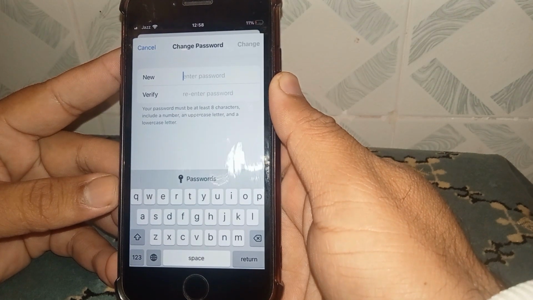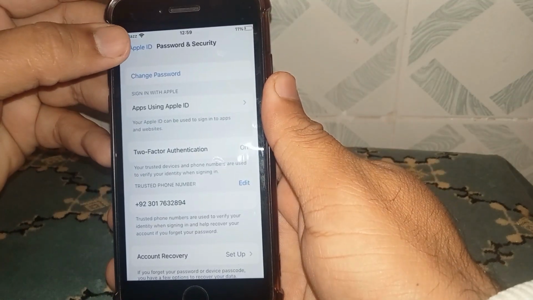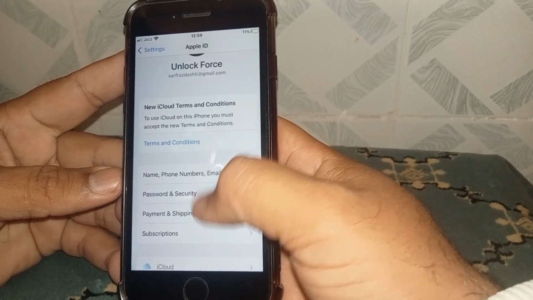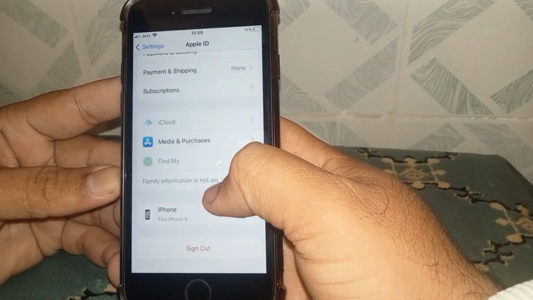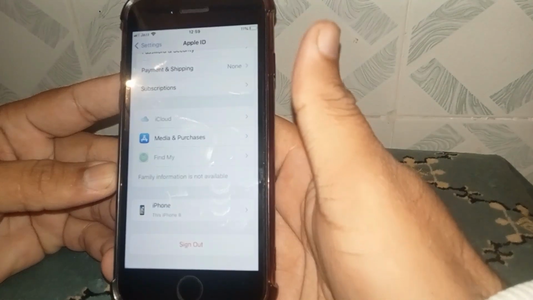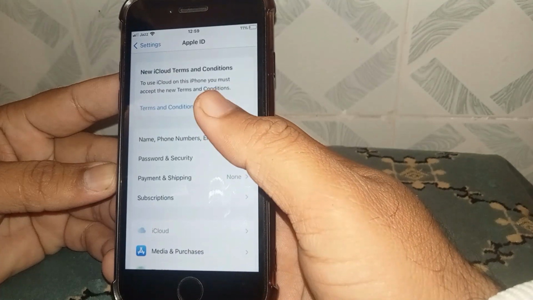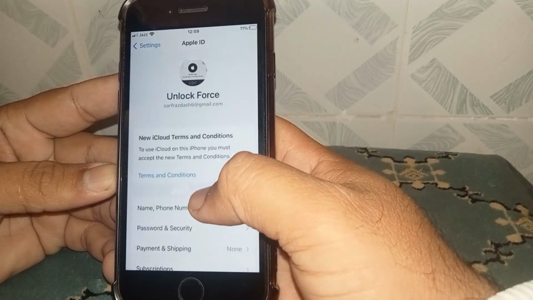If the problem is not fixed, then go back and scroll down and tap on sign out. After 15 seconds, you can sign in and check whether the problem is fixed or not. If the problem is not fixed, then